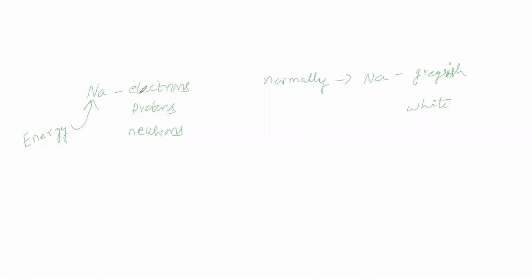You are saying that electrons are taking this energy. You are correct. Why do electrons take energy? Why can't protons and neutrons? In the sodium atom, electrons take energy, you are saying. Why are protons and neutrons not taking energy? Now see, protons and neutrons are present in the nucleus.